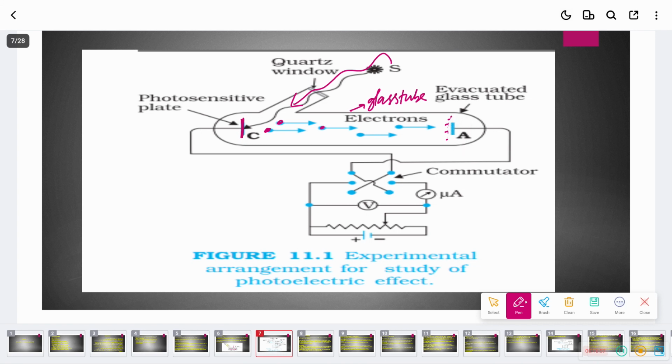Then if I keep a circuit here, what will happen? In this circuit, current will flow, because charged particles are moving; electrons are moving here. If electrons are moving, the electron current flows in this way and the conventional current flows the opposite way. Are you getting it or not? That means by light we can emit electrons, and we can receive those electrons by the anode. From that we can constitute an electric current. That means from light, what came? Electric current. So this is called the photoelectric effect.